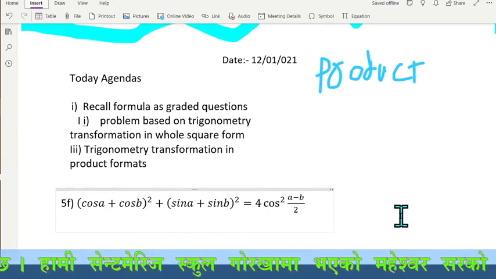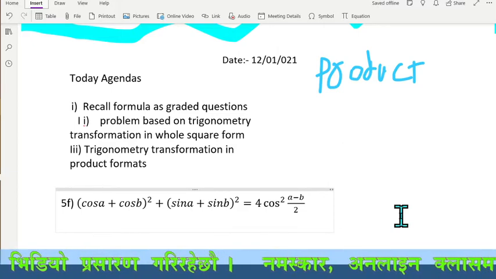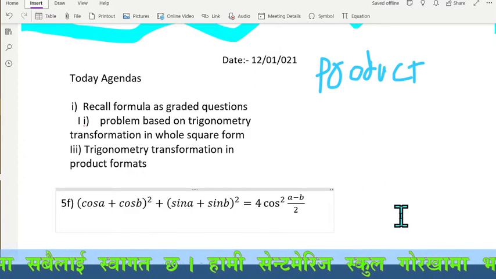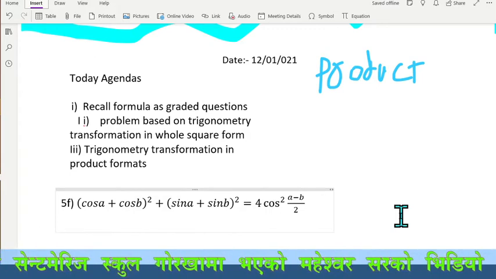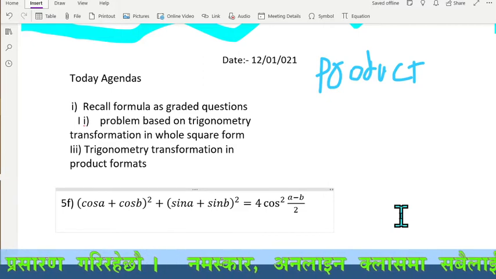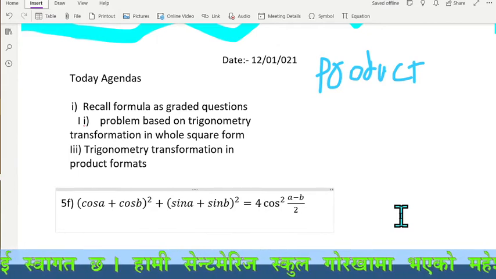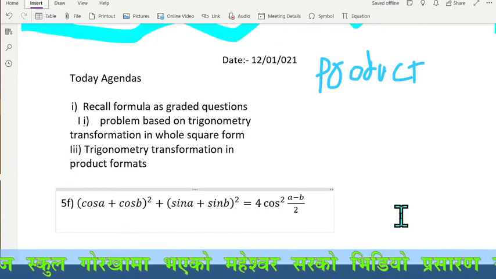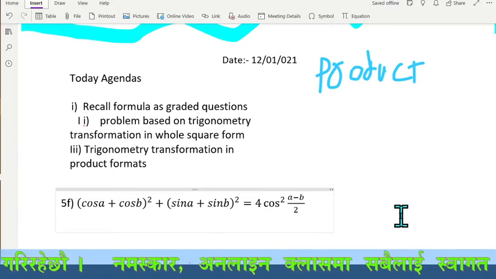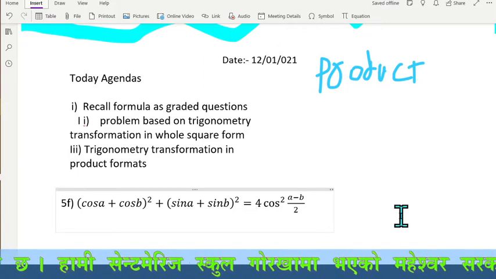When we have to solve a problem like this, we have read the formula of addition to product, and we have just recalled that formula. If we open this (A plus B) whole square, it will expand, and again another whole square will open and expand. It will get a solution, no problem, but our steps will increase more and more. If we apply the formula, it may come in about 5 lines. If you are not applying the formula and you expand and solve, it may go to 10 or 15 lines.